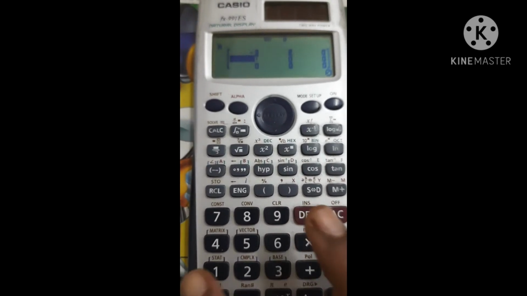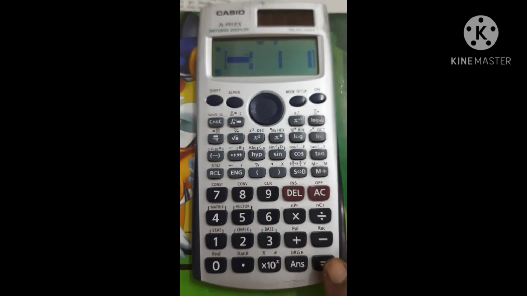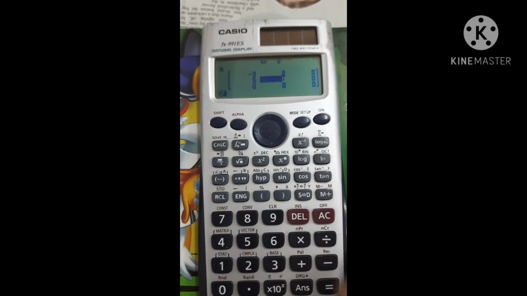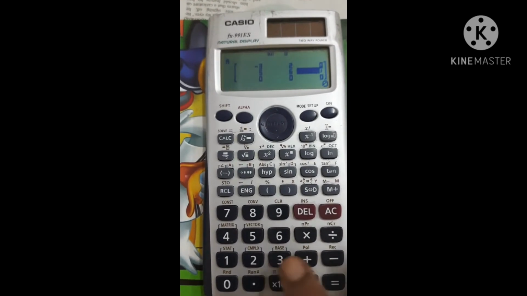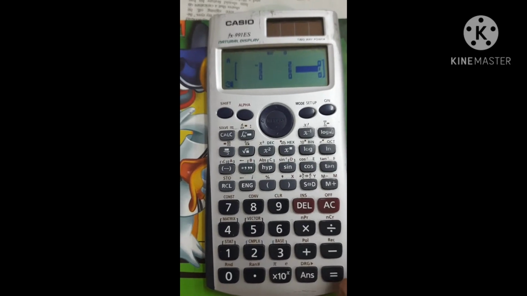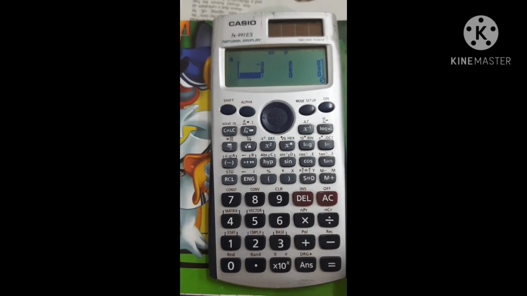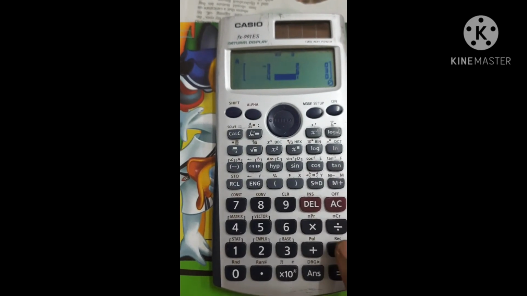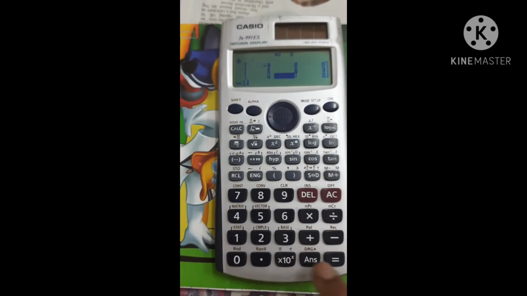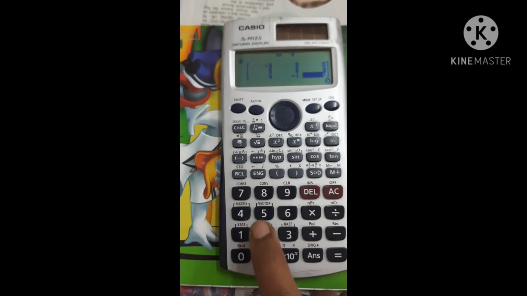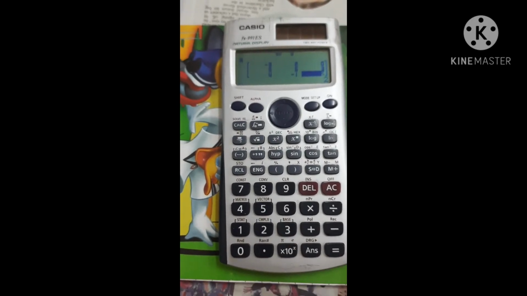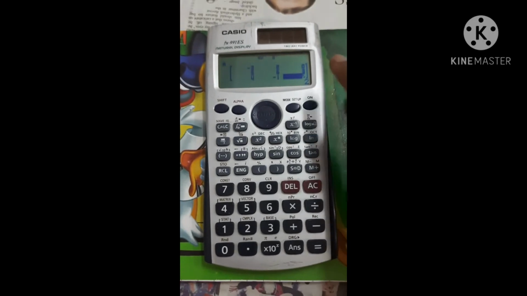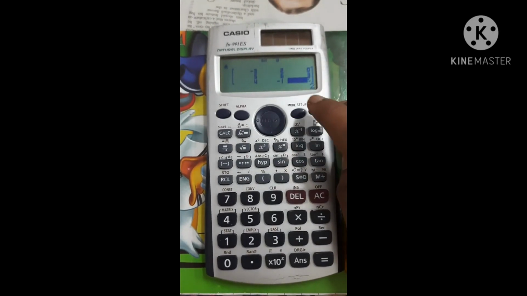Now the second row elements are 5, equal to, 6, equal to, 3, equal to. The second row is completed. Now the third row: 4, equal to, -1, equal to, 2, equal to. The third row elements have been entered completely. So we have saved one matrix in our calculator.